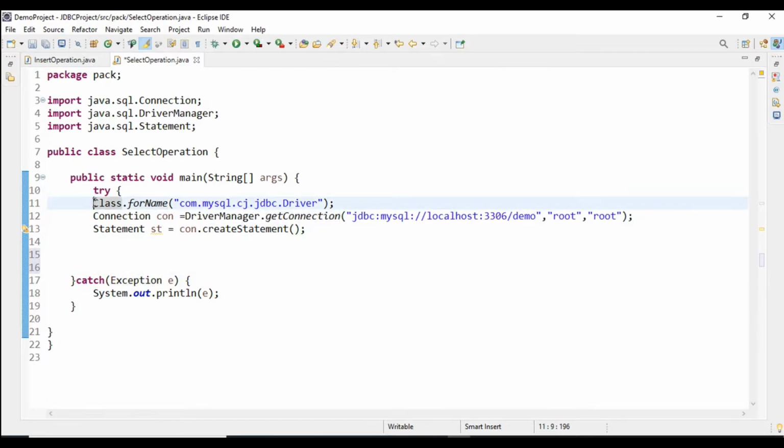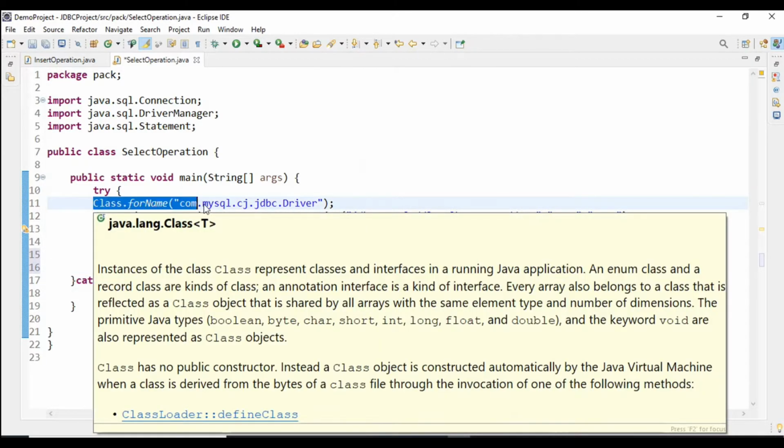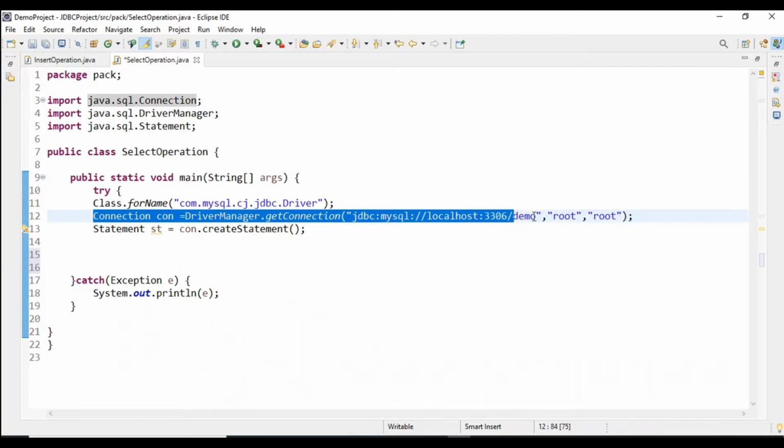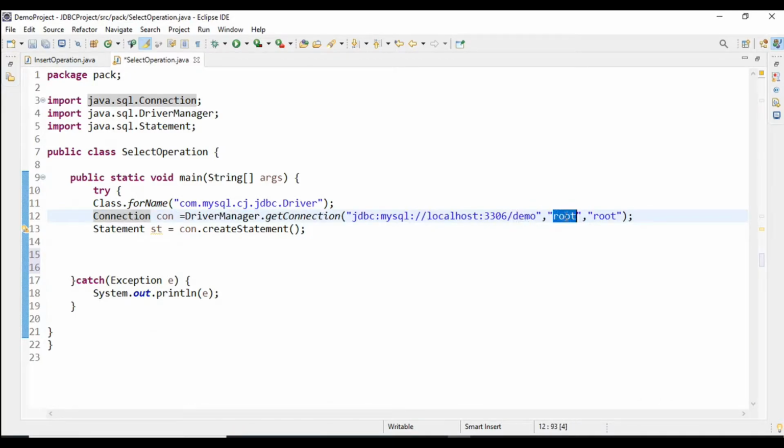This is the first step, in which we load our JDBC driver. In the second step, we make a connection with our database. This is the database name, and this is the username and password.